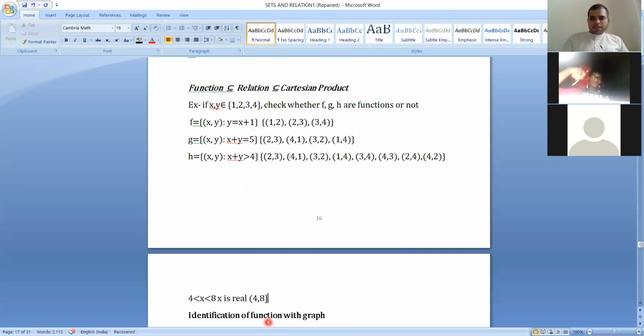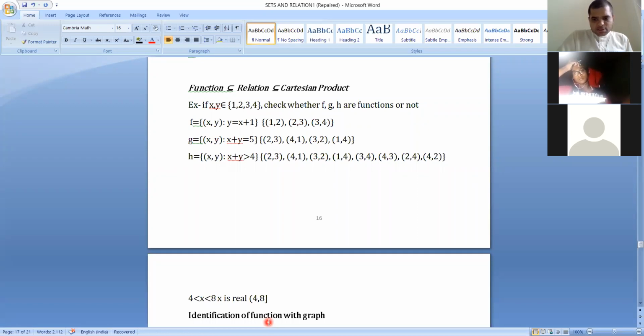So I hope in class 10 you have learned how to represent numbers on a number line. That also shows the intervals you've learned, na? Let's say if you have to represent this same thing on a number line, we will keep an empty circle on 4. And a dot or closed means filled circle.